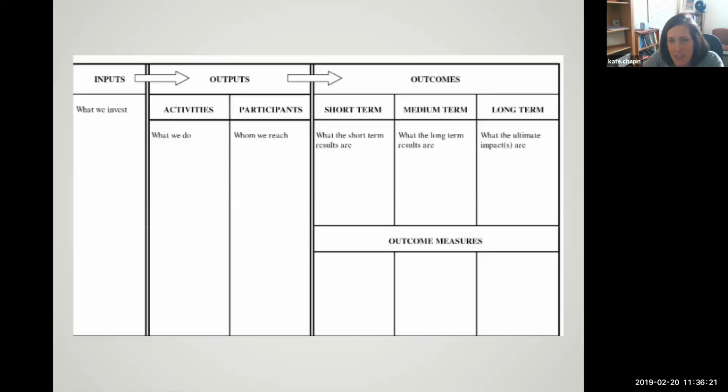So any questions about logic models in general? Again, your agency may have this already, and this would be a good opportunity for you to ask about it. If not, you might be able to partner with someone to put this on paper so that you can get clearer. And again, we could spend all day talking about this.